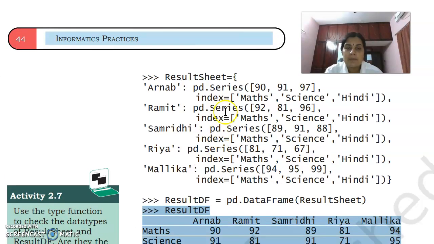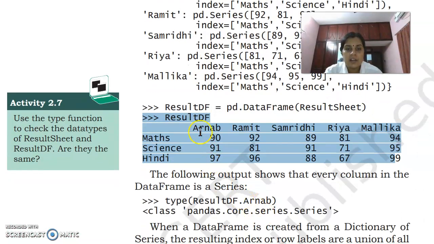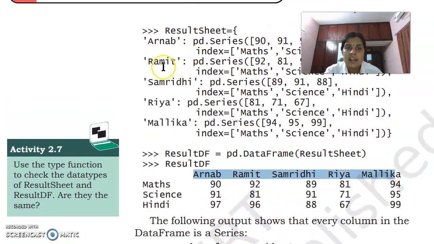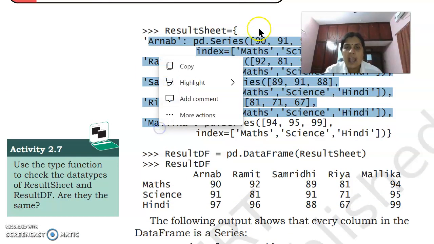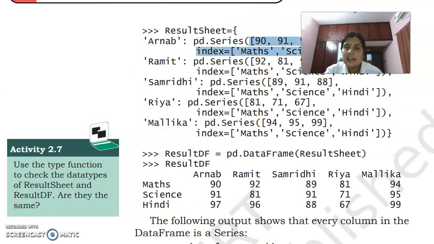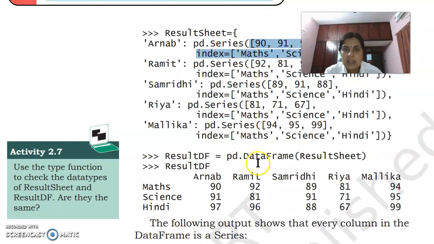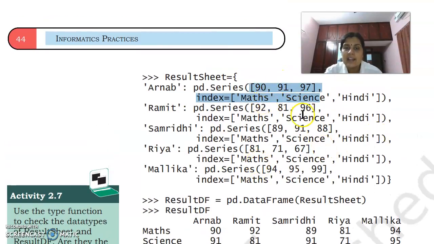So here we are creating Arnab, Ramit, Samrit, Riya, Malika. Five columns are there. These keys will become the columns, and inside the series the data will become values. So for maths 90, science 91, Hindi 97.